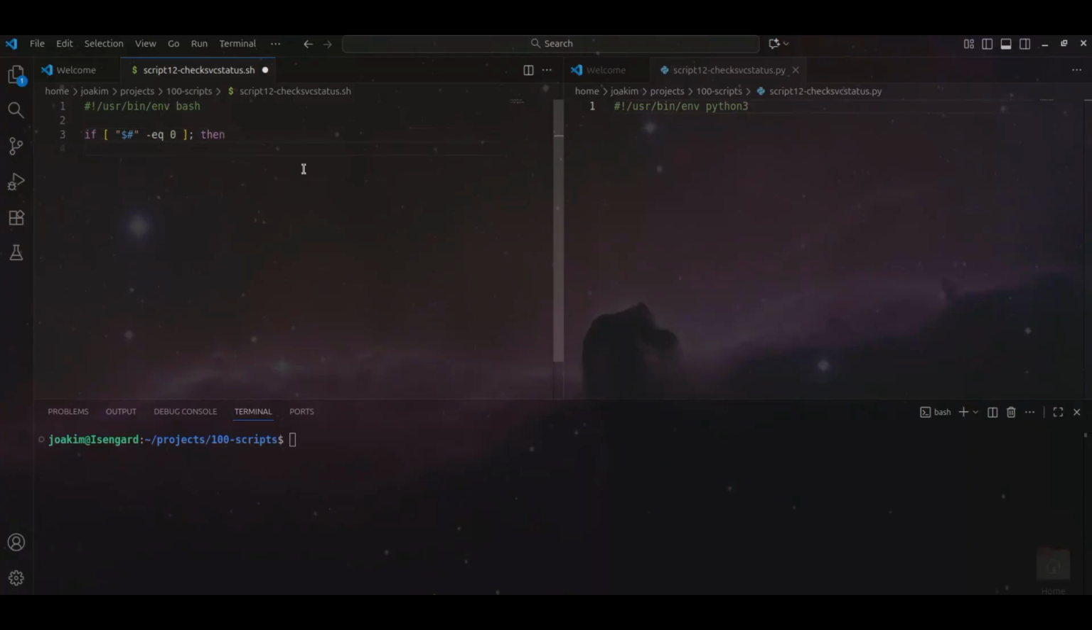Then what we'll do is we'll put a services variable. We will predefine what services we are monitoring for. Let's say nginx, mysql, docker, and then